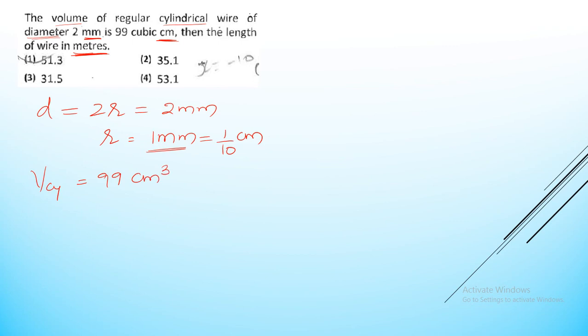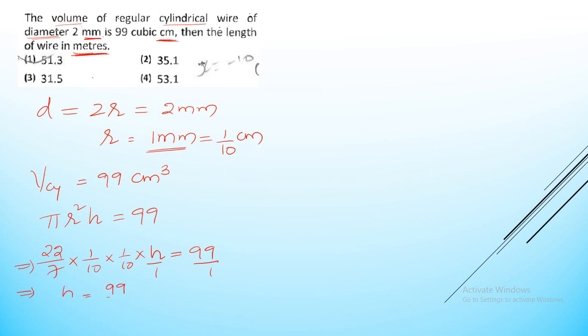Cubic centimeters or centimeter cube, both are the same, right? So volume of cylinder, we already know the formula, is pi r square h. So pi r square h is equal to 99, as he has given. When I substitute the values, 22 by 7 into, what is the value of r? r is 1 by 10 into 1 by 10 into h, where height is nothing but the length of the wire, equals 99 by 1. So when I transpose, h is equal to 99 by 1